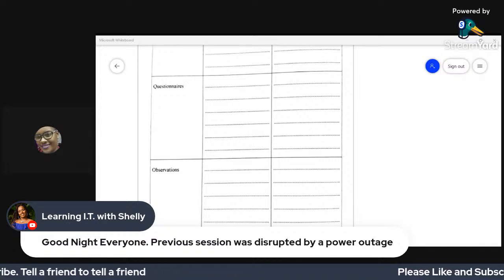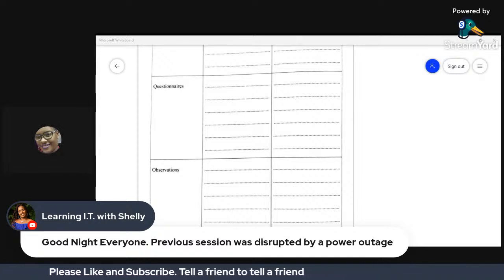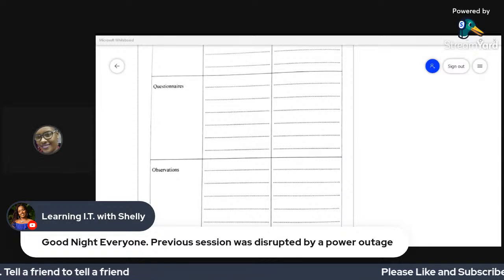All right, good. So let's look at it now. What are the advantages of observation? Let's use the chat. Advantages of observation.